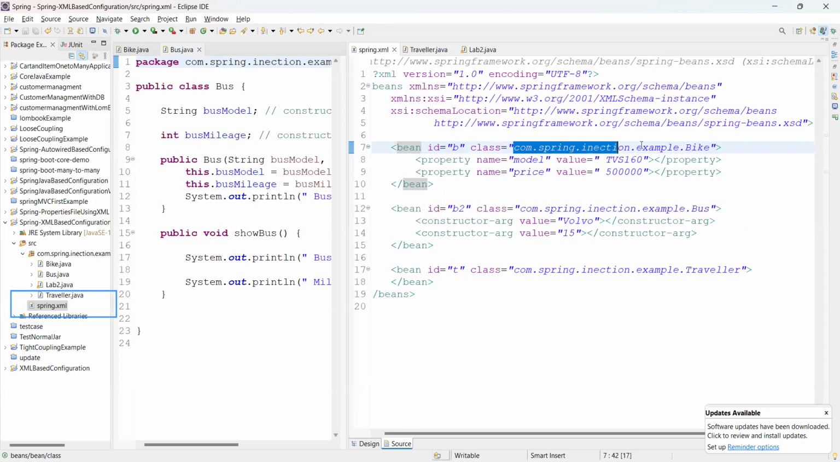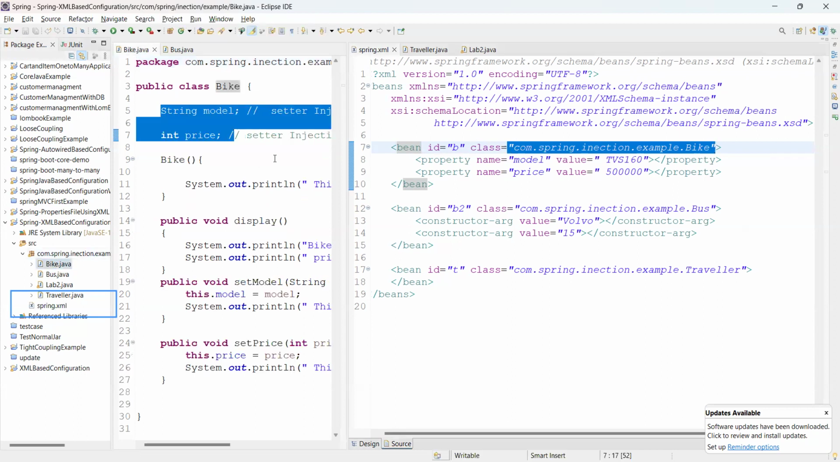So this is the package name for our program, and this is the class name. You have to provide the full path here. Now, once you come to this bike class, you can see that